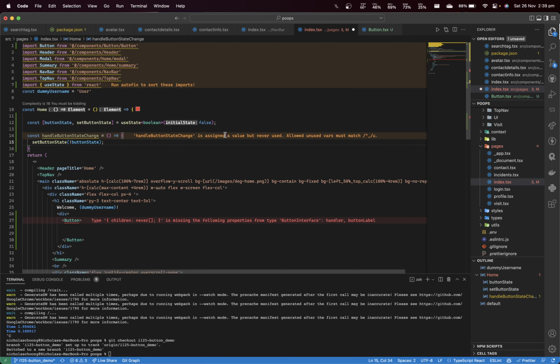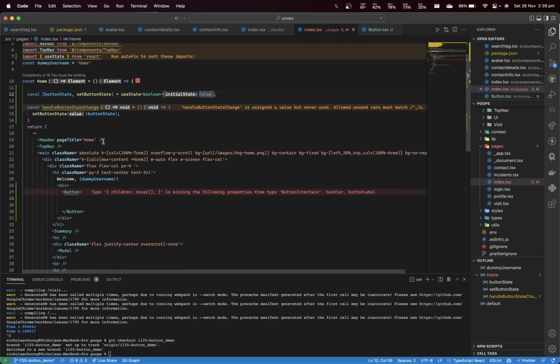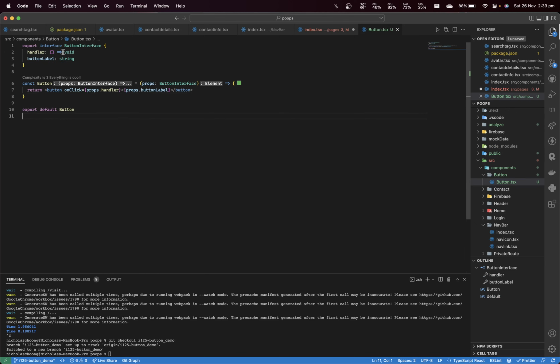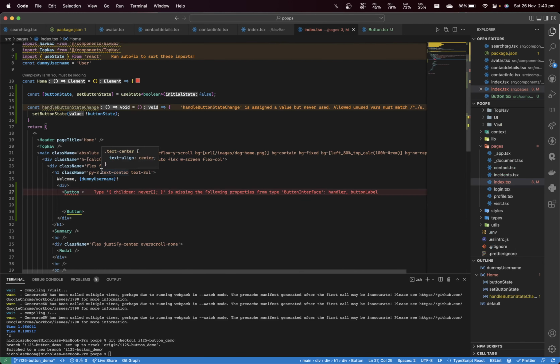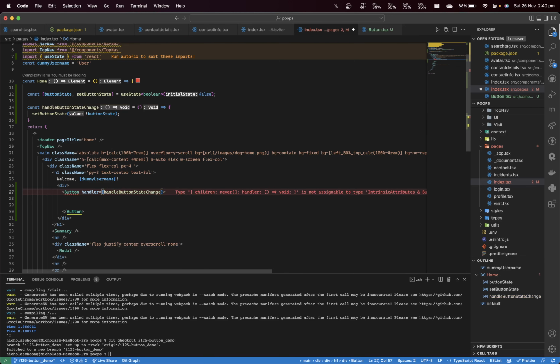So does this make sense to people? When I click, set button state should just be the negative of what it currently is. So if it's true, it'll turn false. If it's false, it'll turn into true. And yeah. So the button I had in my props, I had the handler, so what it should do, and the button label, so what it's called. So it should call this, and then